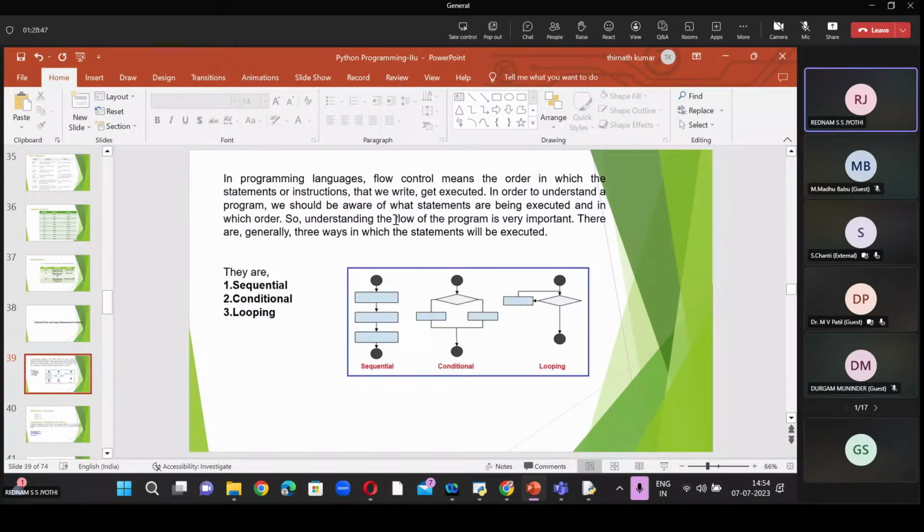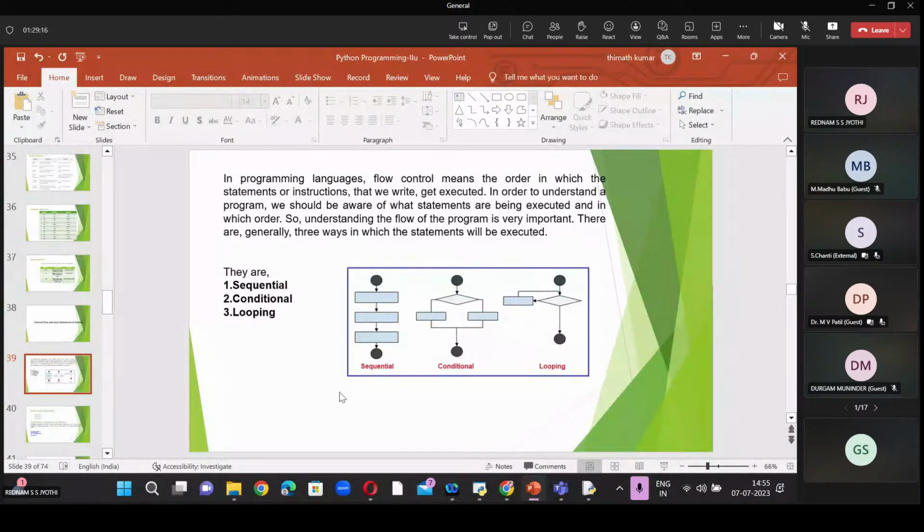In order to understand a program, we should be aware of what statements are being executed and in which order. If it is executed in sequential order, we use sequential statements. If a condition is applied, we use conditional statements. And if the statements are repeated many times, we use looping statements.